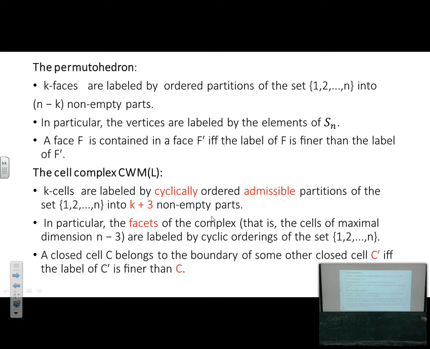Above is the combinatorial description of the Permutohedron, and the second part is the combinatorial description of our cell complex of the moduli space. And it looks like this. The k-dimensional cells, so k-balls here, are labeled by cyclically ordered admissible partitions, that means satisfying the condition, of the set into k plus 3 non-empty parts. In particular, the faces of maximal dimension are labeled by